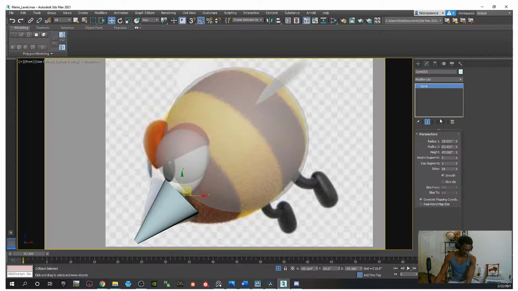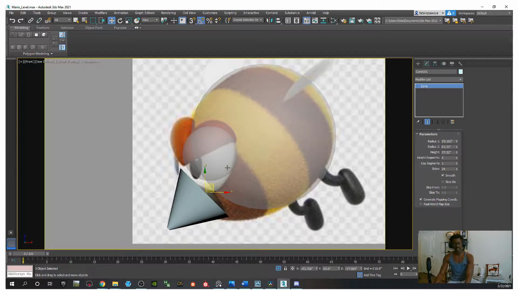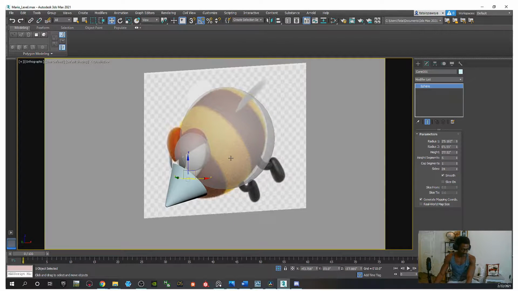And now I can go back into the radius, and then radius 2 is that one, and then reduce the height just to make sure that our silhouette matches. I'm a silhouette junkie in the sense that if the silhouette looks right, generally you're true to that form. And the closer you get to matching the silhouette that you're getting, the better your model is going to turn out. So I've got my